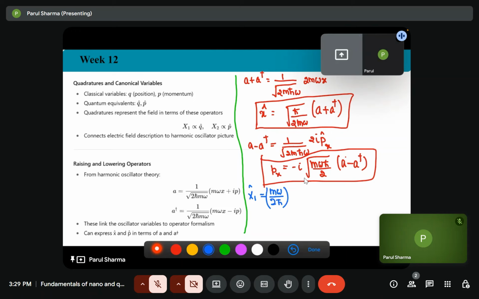So we know that x1 is proportional to q, and q is proportional to the root of m into x. Now we will substitute the value of x, the square root of h cross by 2 m omega, times a plus a dagger, which will give us directly a plus a dagger. So x1 is just the average value of raising and lowering operators. Similarly, x2 equals to